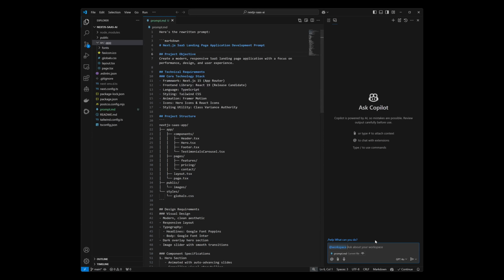Very easy. Let's go here and I can do hash, and then I'll try to find that file. Okay, when I do hash, you can reference it directly. Okay, use this file